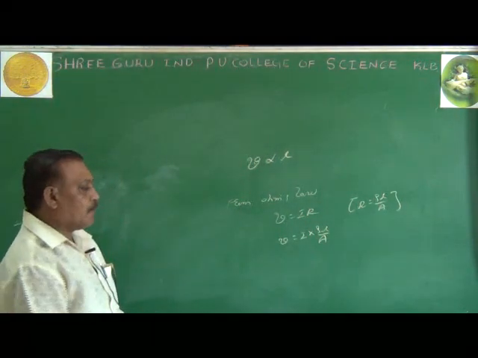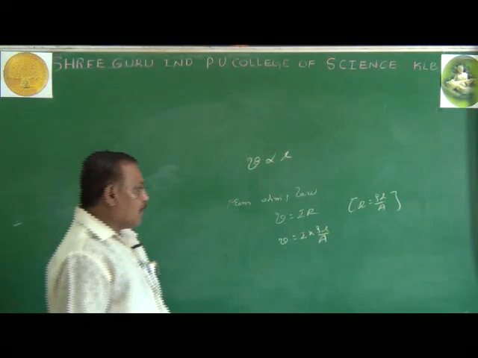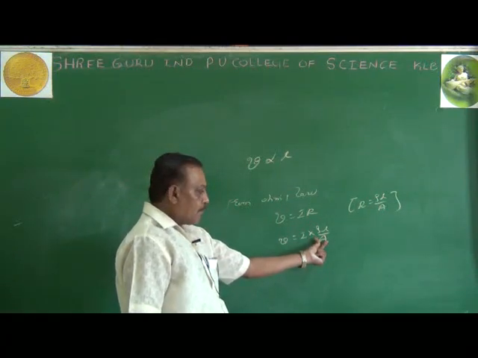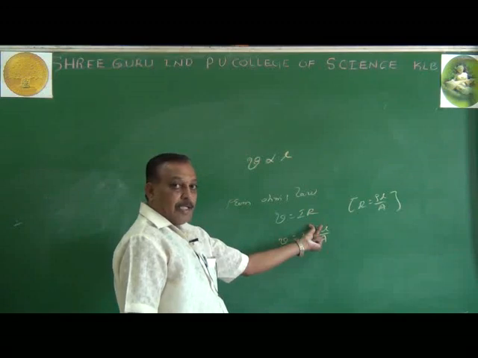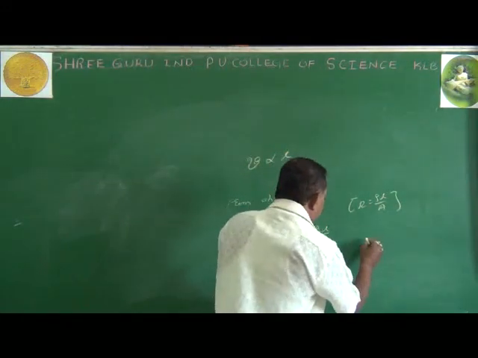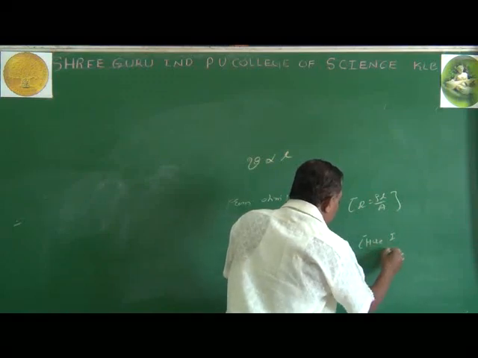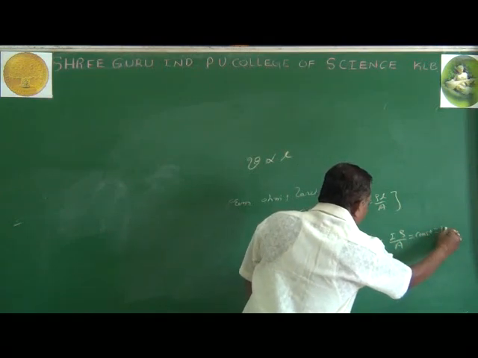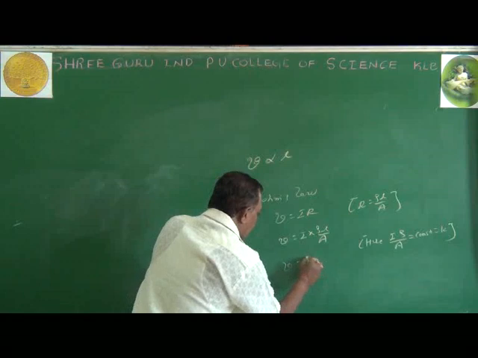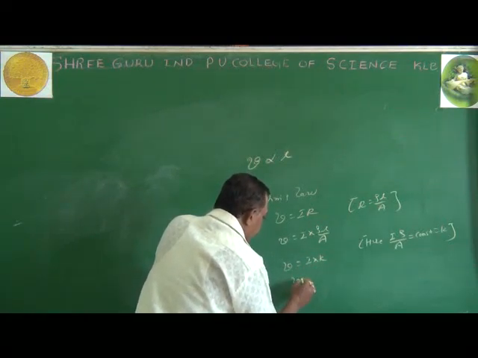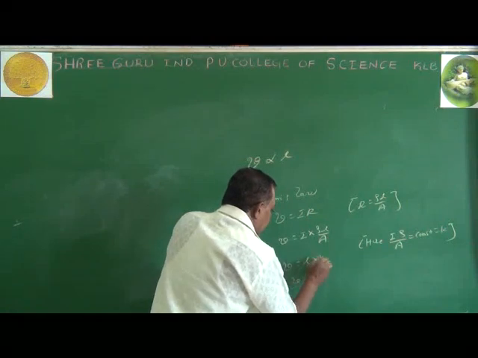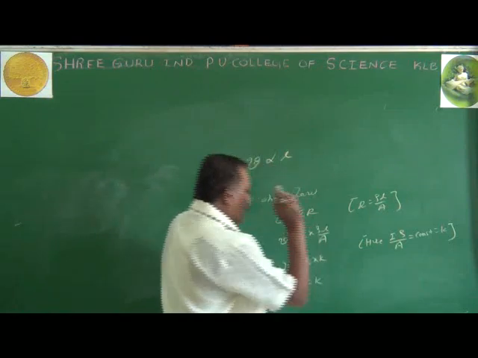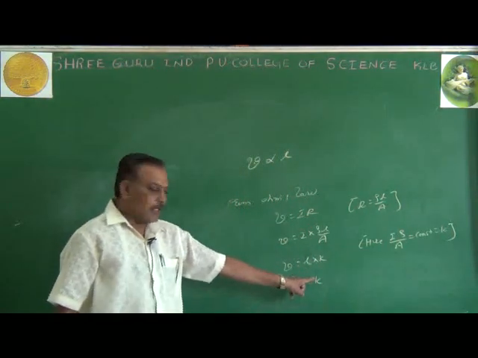We are given the definition, the principle of potentiometer. A constant current is passing through a uniform cross-section area. Rho is the resistivity of the material, that is constant. Hence constant current, rho constant, uniform cross-section area, all these factors are constant, equal to K. Hence V equals I into K, sorry, L into K. So V by L equals K. K is called potential gradient. V by L, potential gradient.